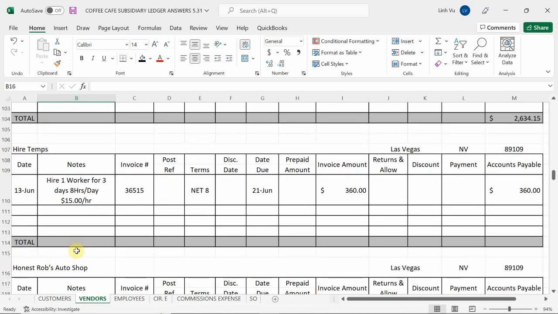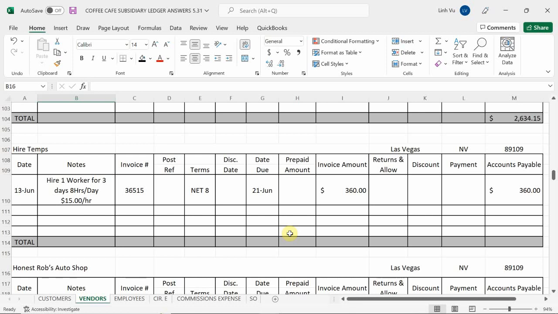There you go. Hire Temps. So we owe them $360. We owe them $360. Okay. Now, were we given a bill? No, because the contract we have is kind of the invoice because they told us how much we needed to pay them and when they expect us to pay them. Correct, but they did not